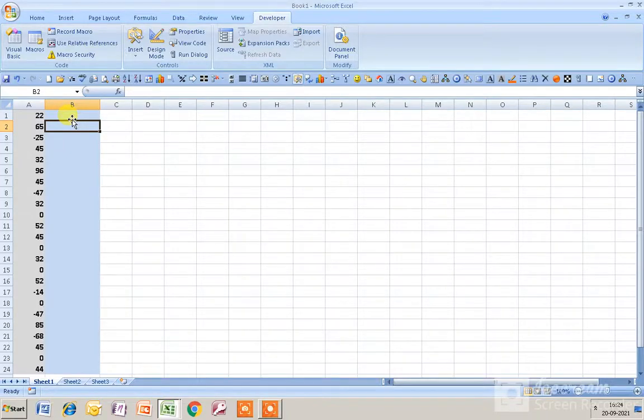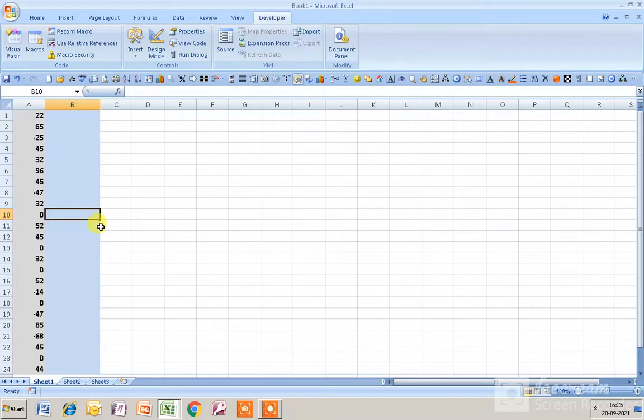Hello everyone, in this video I will show you how to use the if statement to know whether the value is positive, negative or 0. You can see here that I have taken some numbers, and in these numbers you will find some positive numbers, negative numbers and 0. If the number is greater than 0 then you will find here positive. If it is less than 0 then you will find here negative, and if it is absolutely 0 then you will find here 0. Okay, so how to create this?